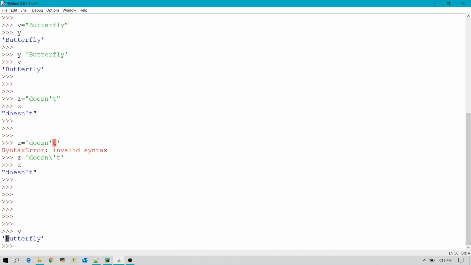Whatever value is at the first place is actually at the 0th index. So B is at the 0th index, then U is at the first index, then T is at the second index, and so on up till Y, which is the ninth value, which will be at the 8th index.